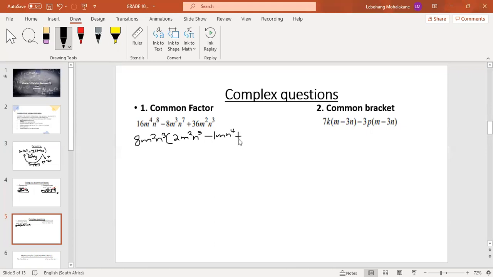Then plus 36 divided by 8. Can I have 8, 16, 24, and then